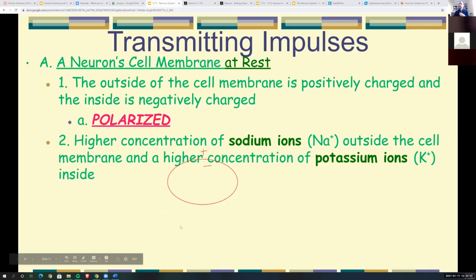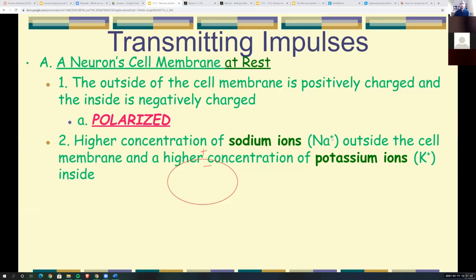Higher concentration of sodium ions outside the cell membrane and a higher concentration of potassium ions inside the cell membrane causes us to have this cell membrane with an overly positive charge on the outside and negative charge on the inside. So even though these sodium and potassium, Na is the chemical name for sodium, K is the chemical name for potassium,